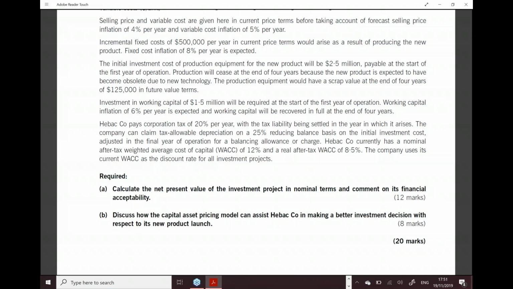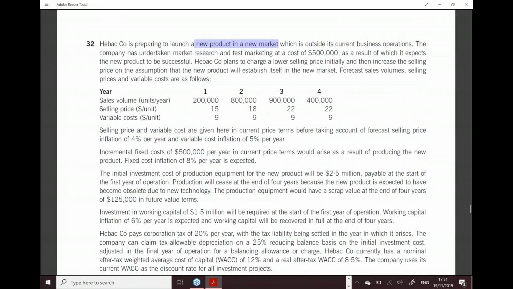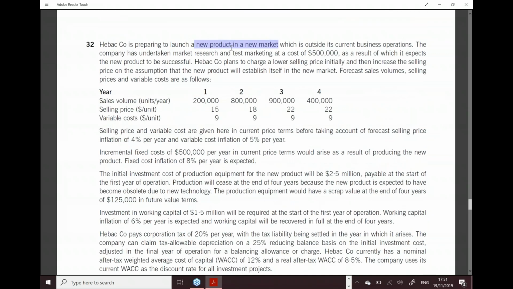And that's what I kept explaining at that time. So we need to work out a rate of return that is specific for this investment. The easiest way to do this is to go through this process called geared and ungeared beta. Since we are now entering a new product in a new market, we can look for a proxy company that is already in that market with that product. Ideally, you should be picking up a pure play company. A pure play company is a company that has only